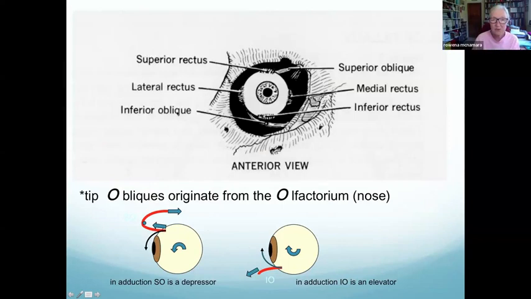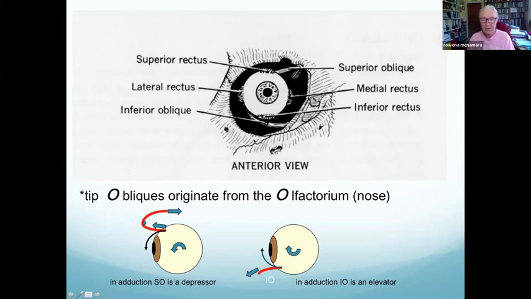So just to reiterate what I said about the obliques, these are the funny ones. So the superior oblique is on the top of the eye. It comes from the annulus of Zinn, comes forward along the nasal wall, and then it bends backwards through a cartilage socket, and it goes backwards as a tendon to behind the center of rotation. So the superior oblique, because it's at the back of the center of rotation, it's going to rotate the eye